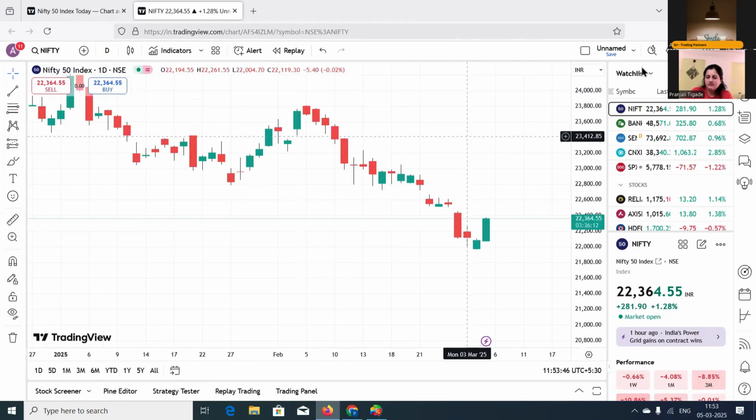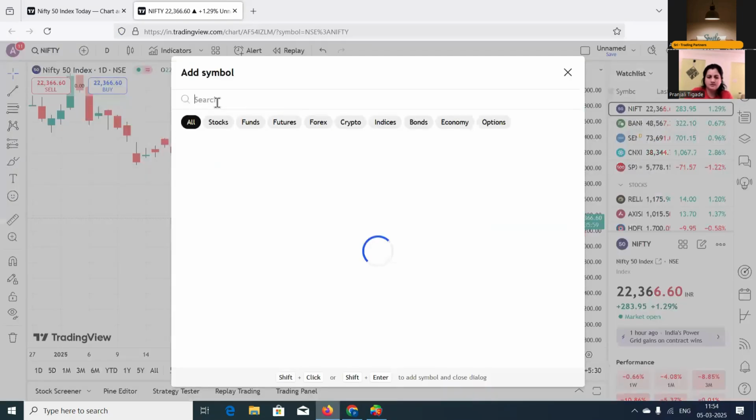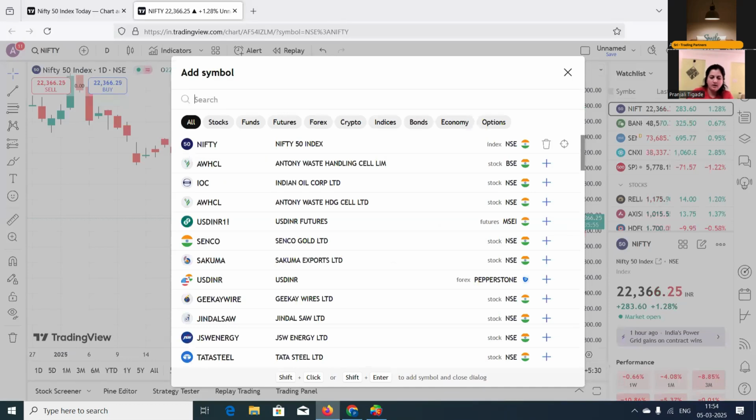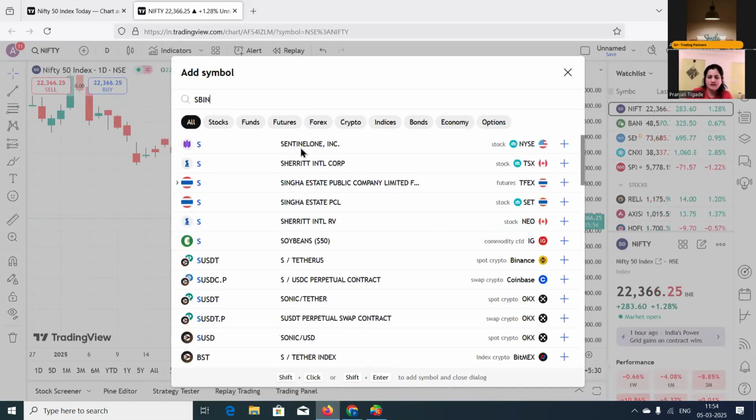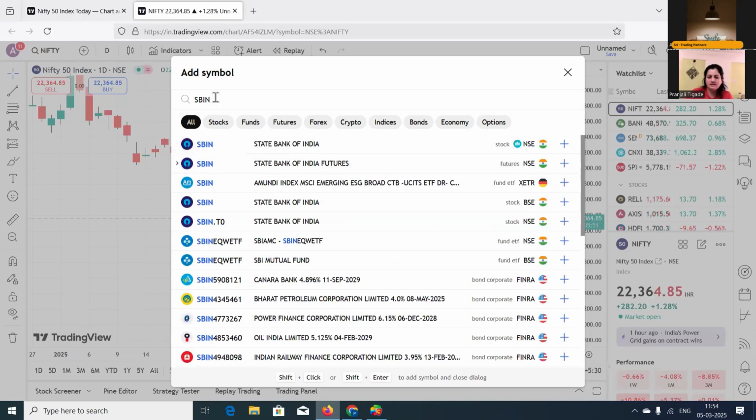Again, we have the feature of watch list over here. So if I'm using some symbols recurrently, if I want to see suppose Nifty, Bank Nifty and some stocks, so I can add the symbols in the watch list. So suppose if I want to add one stock, let's say add SBIN, then I'll select the SBIN, the symbol name, and I'll click on add to watch list over here.